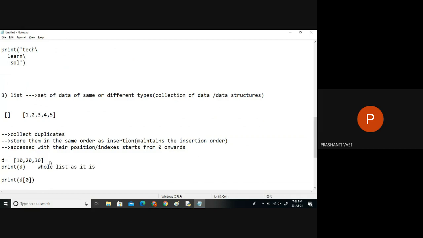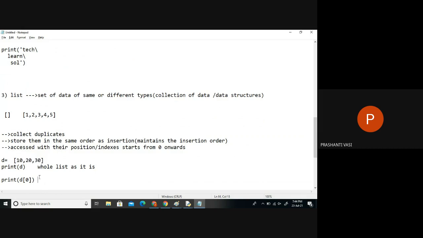So it's an easy way to print all the data in Python, because in other languages we have something called arrays, where we have to struggle to print the data. Here there is no difficulty to print everything found in the particular list. We just have to say print with the reference. We don't have to struggle with complex coding. And if you want to print any particular data out of it, the only way is to call the data through its index. So index is nothing but the position inside that particular list, which starts counting from 0 onwards: 0th element, element number 1, element number 2. That means position count.